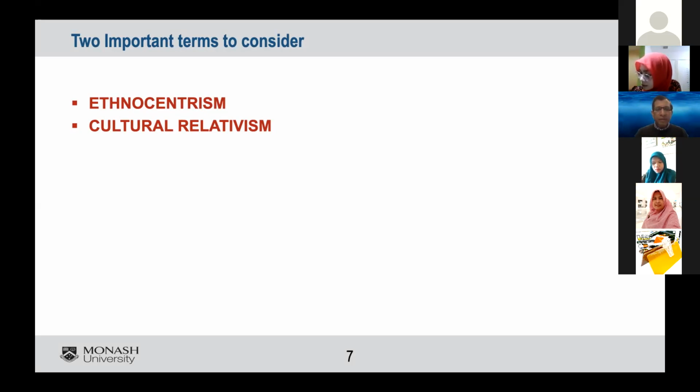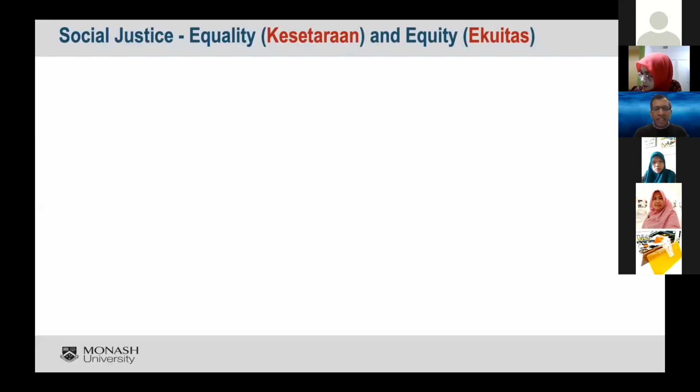Cultural relativism is similar, and that is the notion that everything that a culture accepts as normative, as acceptable, is unquestioned, but we really have to question some of our cultural practices as English language educators, and I'll give you some examples. So this brings us to a very important concept, and this is called social justice, and I've put in some Bahasa terms here. I hope I'm making sense. One is equality and one is equity, and I will show you the difference by showing you some images.